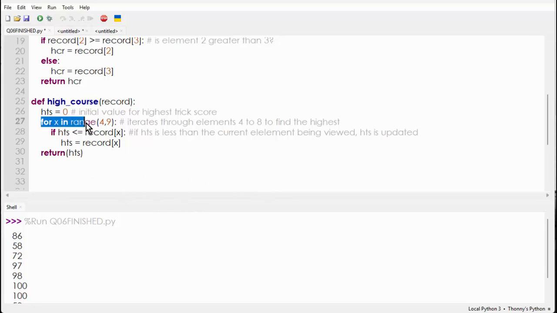So I've got a for loop. It's got 2 values here because it is basically iterating through the 4th element to the 9th element. So x starts at 4, and what this is saying is that if the current value for highest trick score, which is 0, is less than the one being looked at, then it will update it